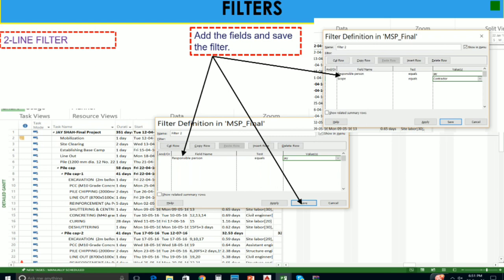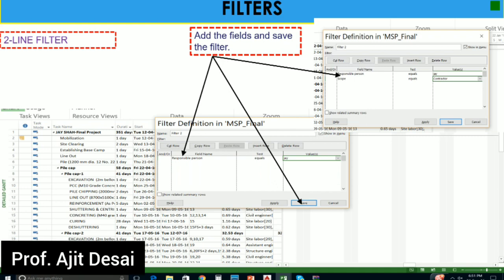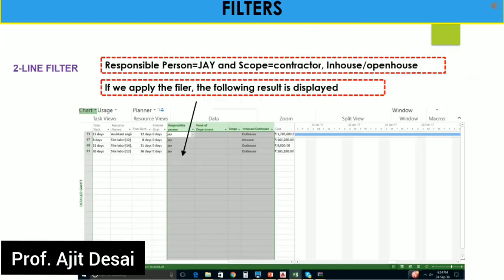So this shows which tasks are assigned to Jai and what kind of scope Jai will handle. He is a contractor. So Responsible Person equals Jai, Scope equals Contract, save it, and then go to your filter list.